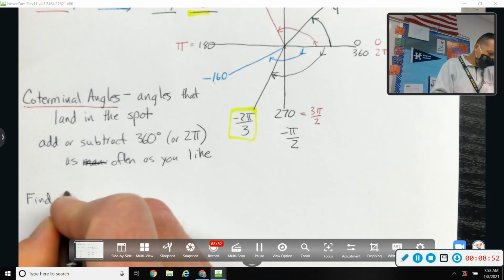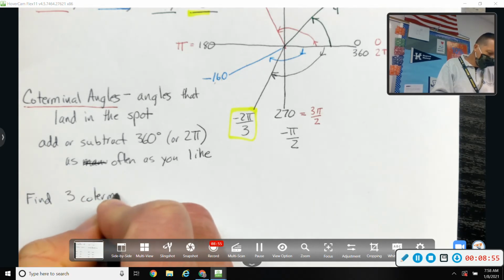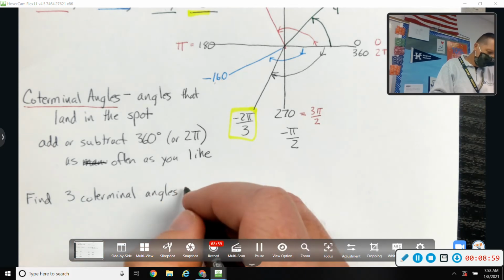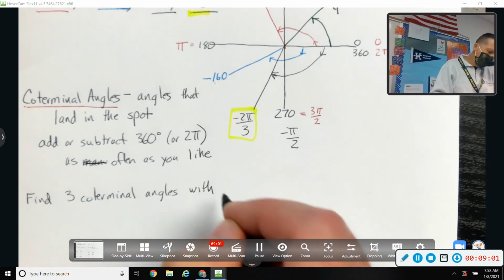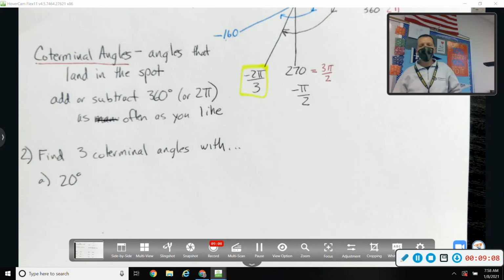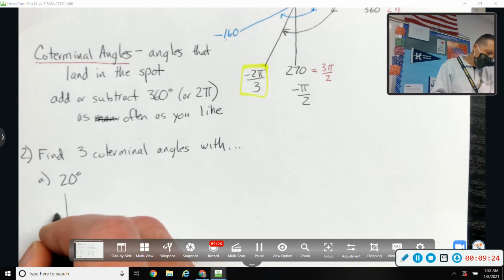All right, let's find 3 coterminal angles, we'll do this once in degrees and once in radians. 3 coterminal angles with 20 degrees. For some people it helps to draw it out. For other people it doesn't matter. They just add 360 3 times and that's fine. So you don't have to draw it, but if it helps you kind of get a picture of what's going on,